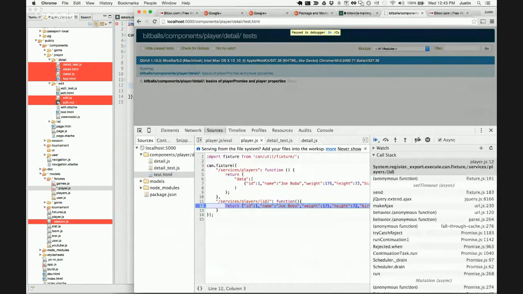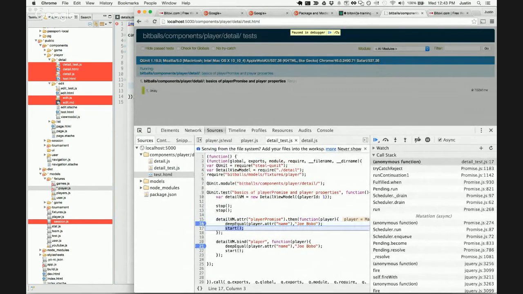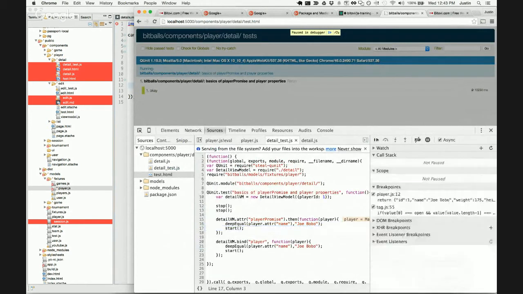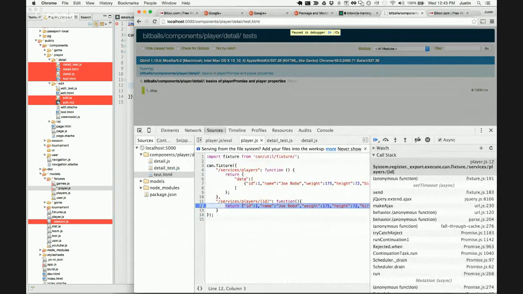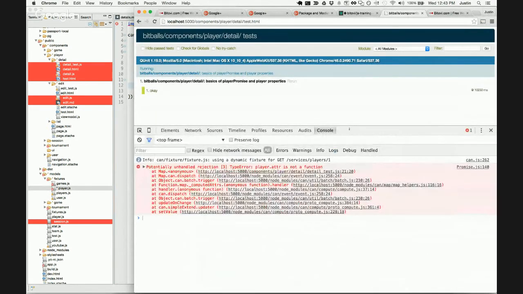We're hitting all that stuff. You're hitting the fixture. Yay. Hopefully getting Joe Bob. Yep. Oh man. Oh, I don't know why the request was made twice. Actually, I do have an idea why the request was made twice, but oh,